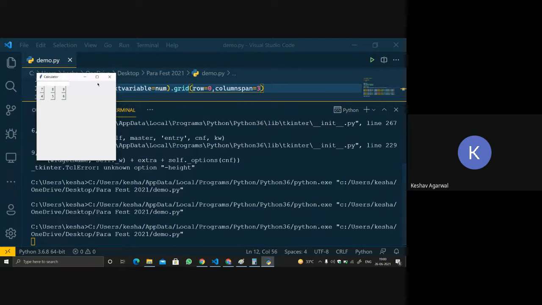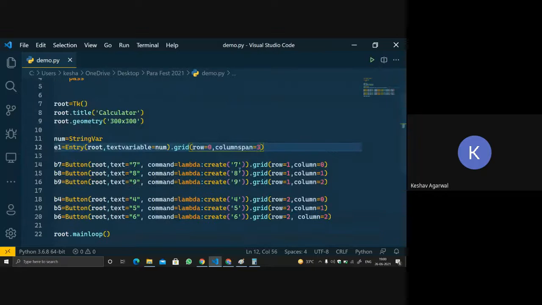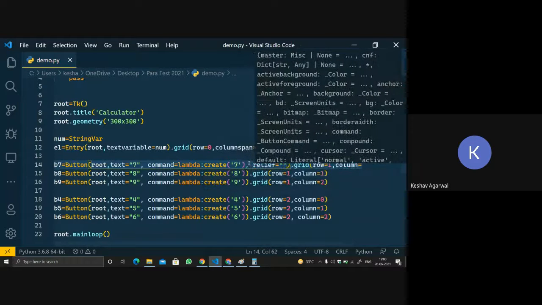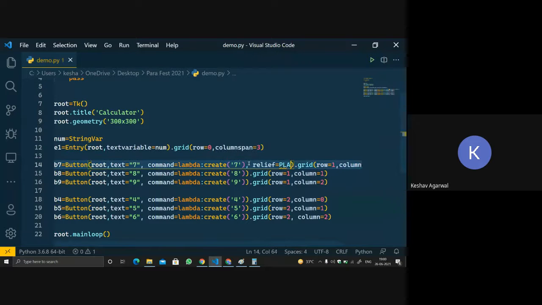Okay, so let's do one thing. We'll give relief equals to plain. No, it's not plain. What is the word? I'm not able to get what the word was.